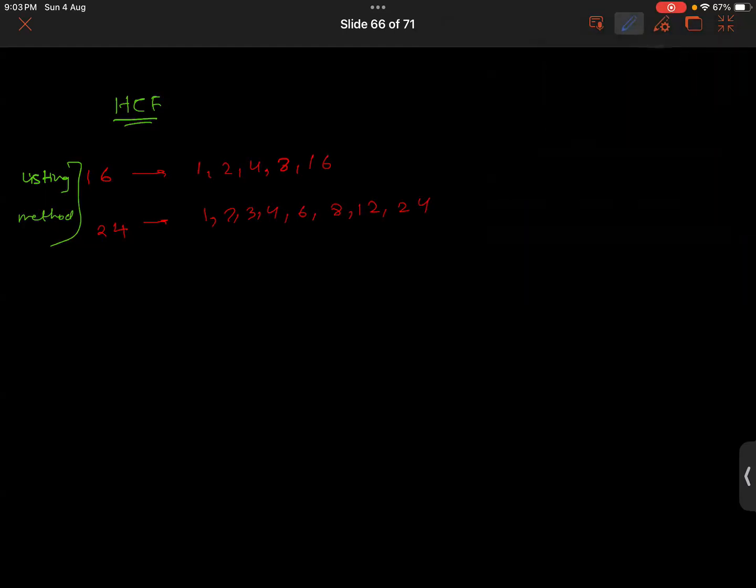That is simple enough. So here you have to find out the highest common factor. Tell me, out of this, which is the highest common factor? The highest common factor of this is 4. Not 4. Forgot about 8. Good. That is 8. So that is the listing method, which you have learned about.